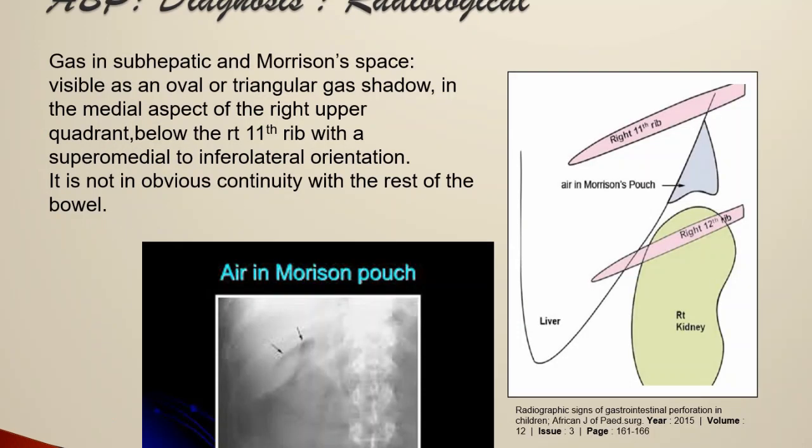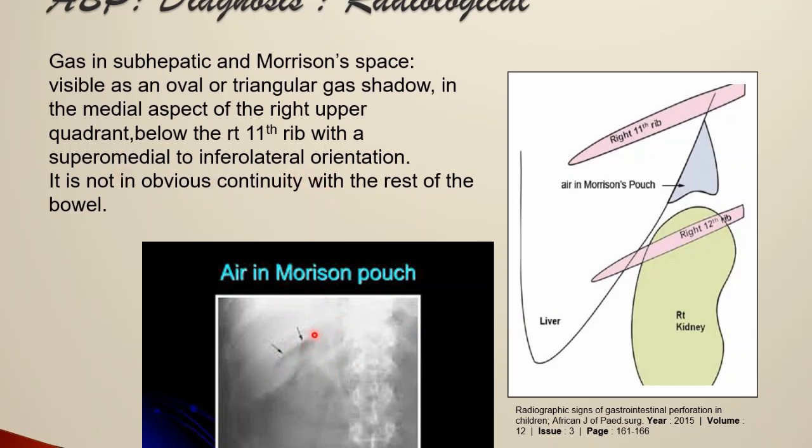Gas in the subhepatic space or Morison's pouch. And what are we looking at? Look at this figure, the 11th rib. So this is a diagrammatic representation. You've got the 11th rib, this is the liver, the upper pole of the kidney, and the adrenal. So this is the Morison's pouch that you have. So if you have air trapped out here on a skiagram, it would appear as air which is